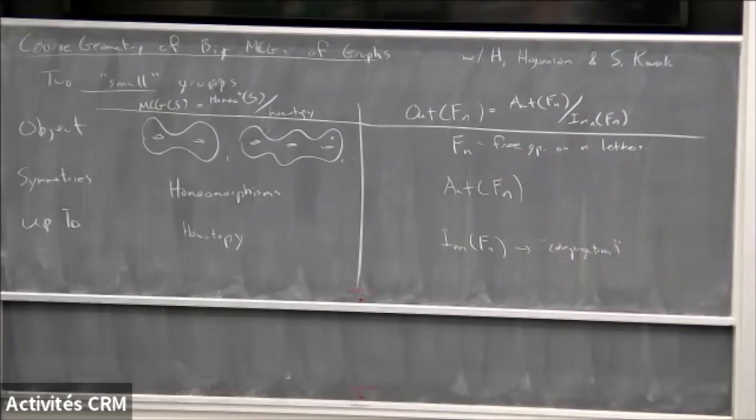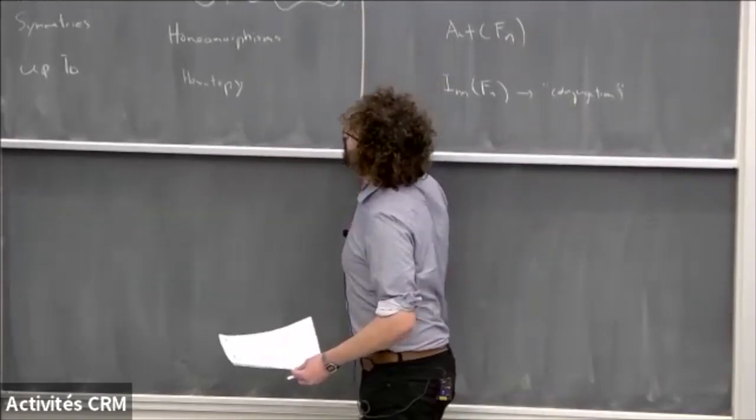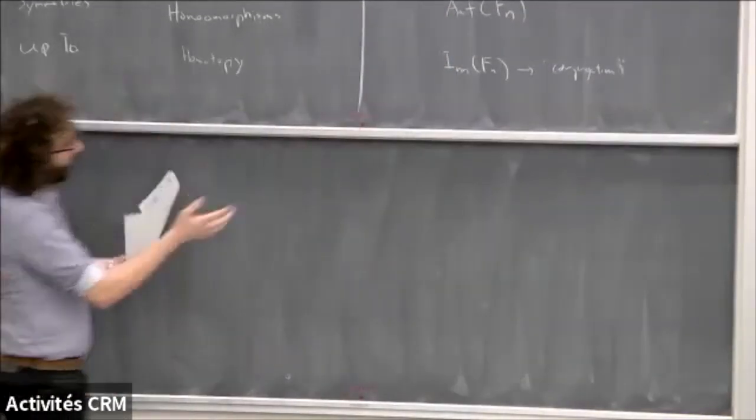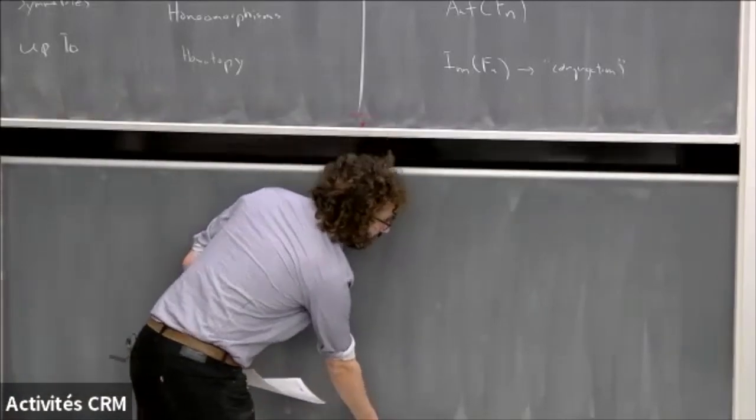There's sometimes even maps between them, and you can really do a lot by comparing and contrasting these two groups, and a lot of the methods work for both groups. So this is in the small world, the not huge world, and this is a super rich back and forth, but